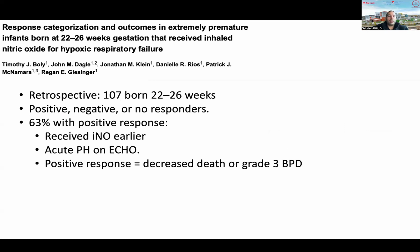The group of Dr. Giesinger, Dr. McNamara also published their own population of 22 to 26 weekers, and they did find that in these patients with acute PH, 2/3 were responders on echo, and those actually had less mortality and grade 3 IVH. So we do have some evidence. It's mostly observational, but I do hope that we're going to have more RCTs to help us guide our management